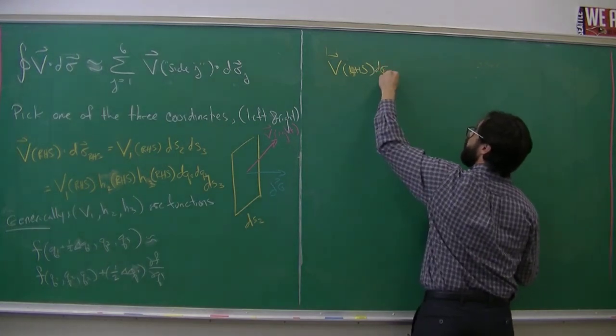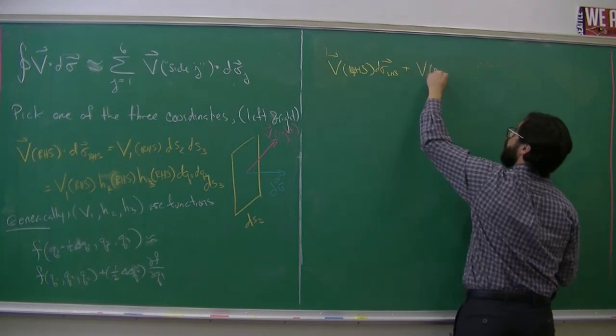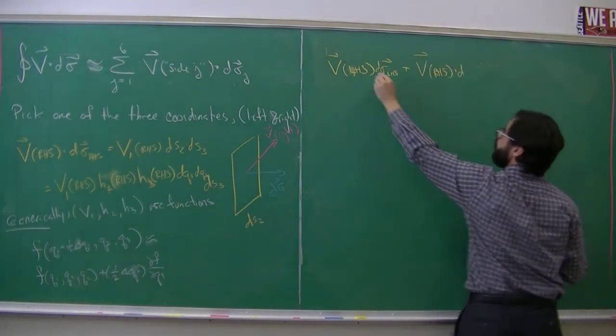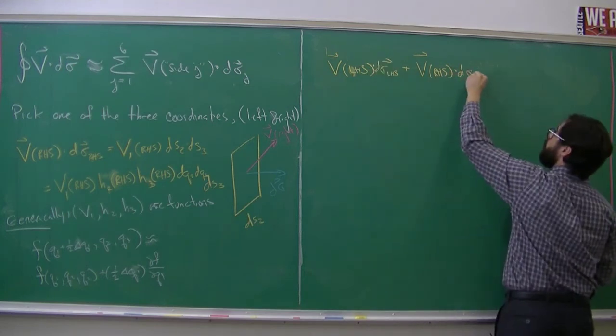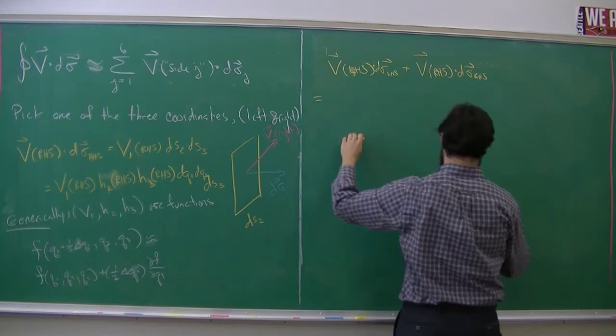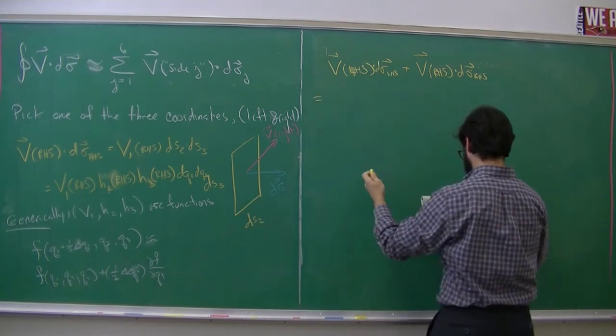dσ LHS plus V RHS, the right-hand side of that cube, dot dσ RHS equals, and you should see that there's some cancellation that went in there,